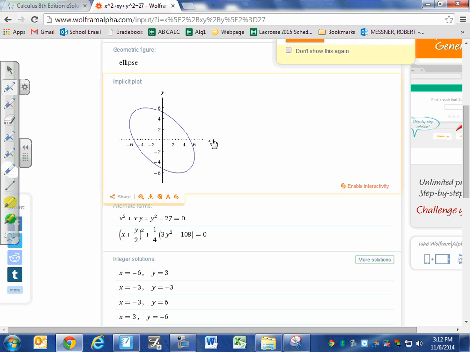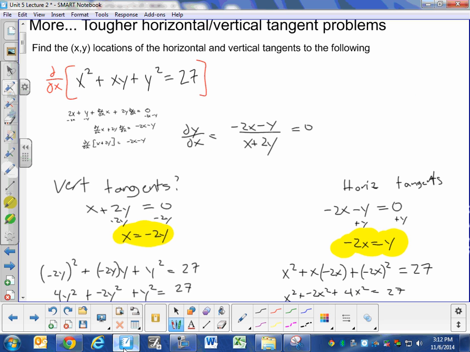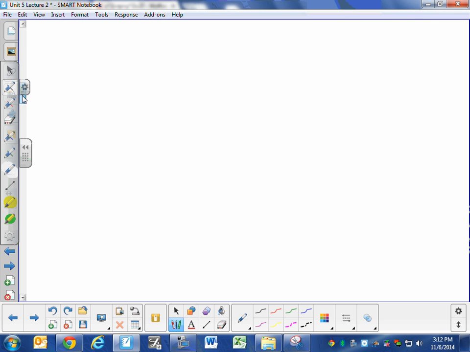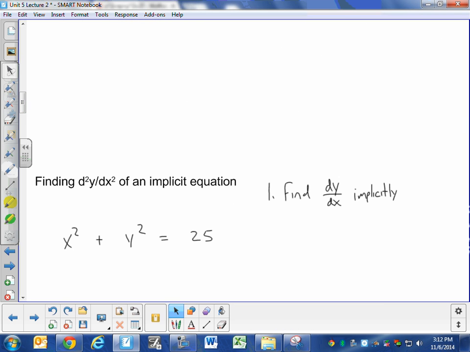They end up being related to each other. In any ellipse, you'd probably see that as well. Well, maybe not that much related to each other, but at least the x's and the y's of your horizontals and your verticals. If you flip them, you'll be all right. Okay, so cool. So be prepared for questions like this on your homework and on your quiz and then for your test. Let's look at finding the second derivative